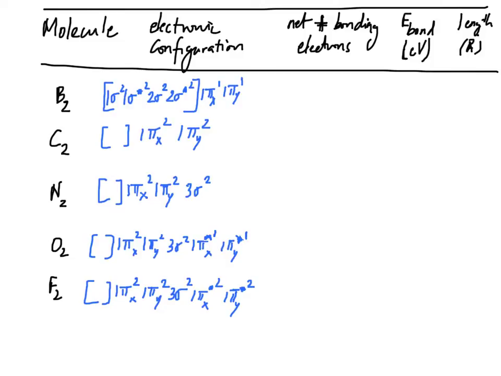One thing I want to note is that O2 is known to be paramagnetic, right? It is known that O2 has unpaired spins, but you see, O2 has an even number of electrons. So for a while it was hard to understand why O2 would display paramagnetism. Now the molecular orbital picture